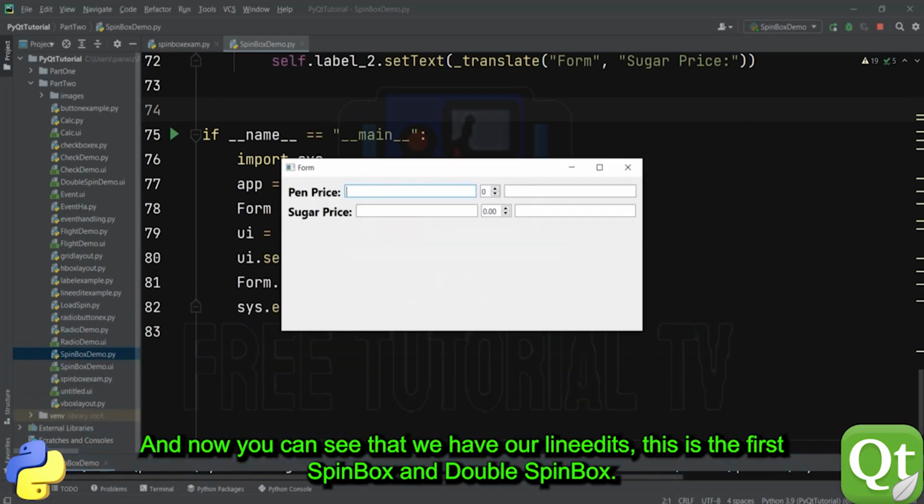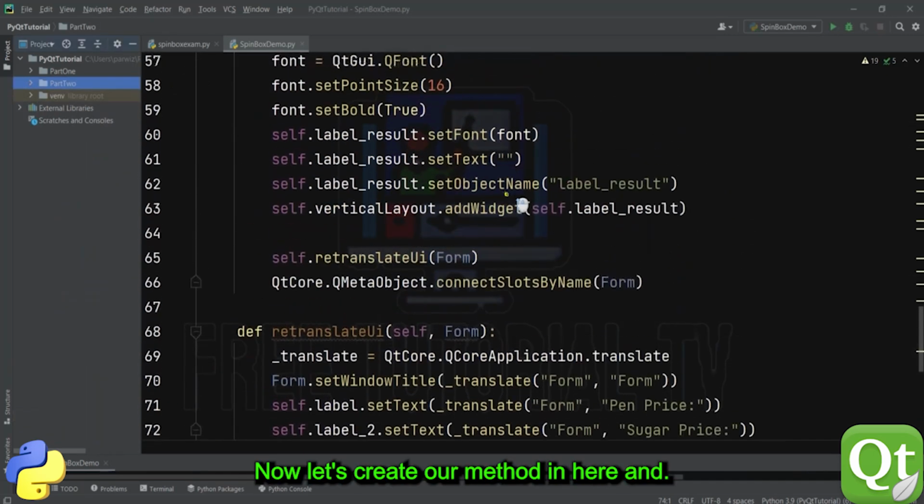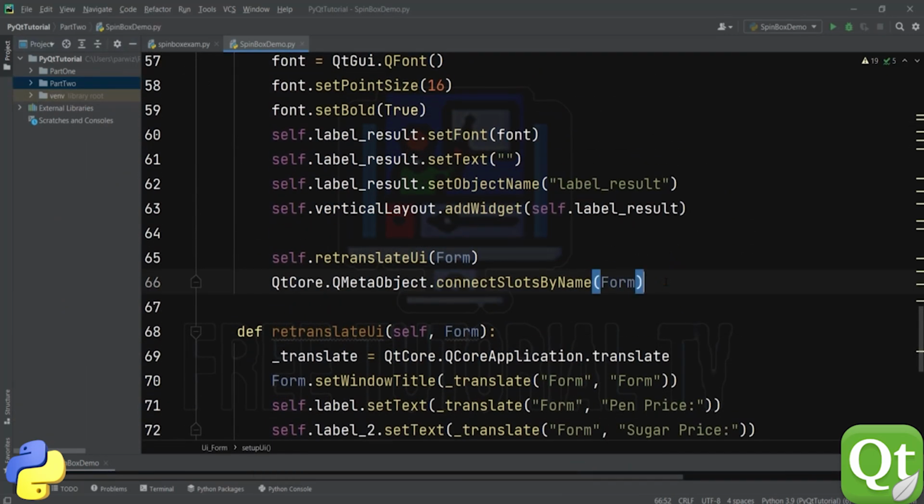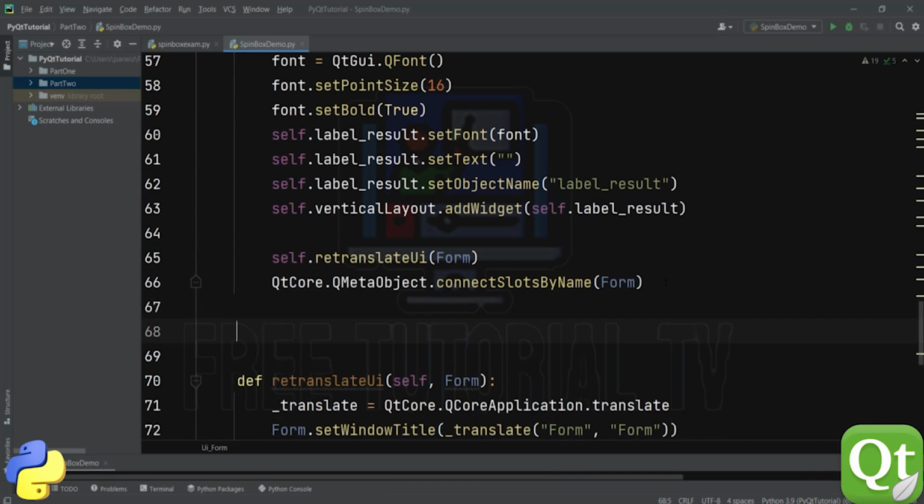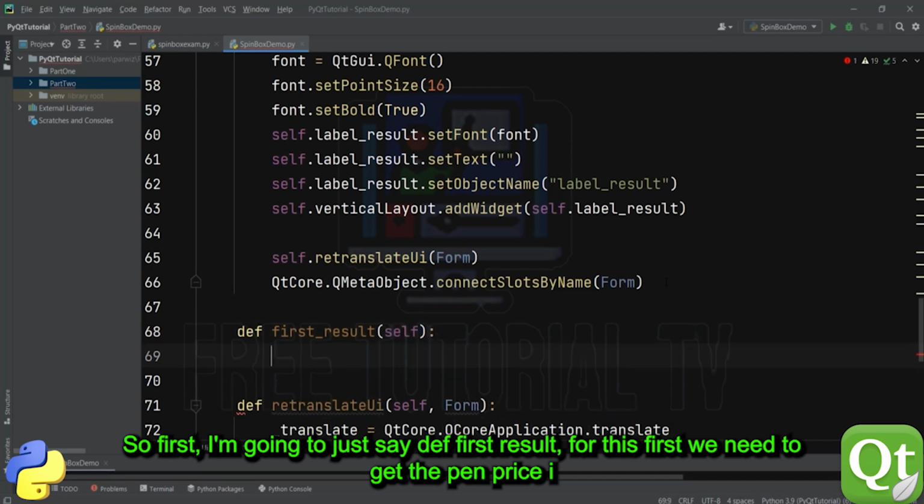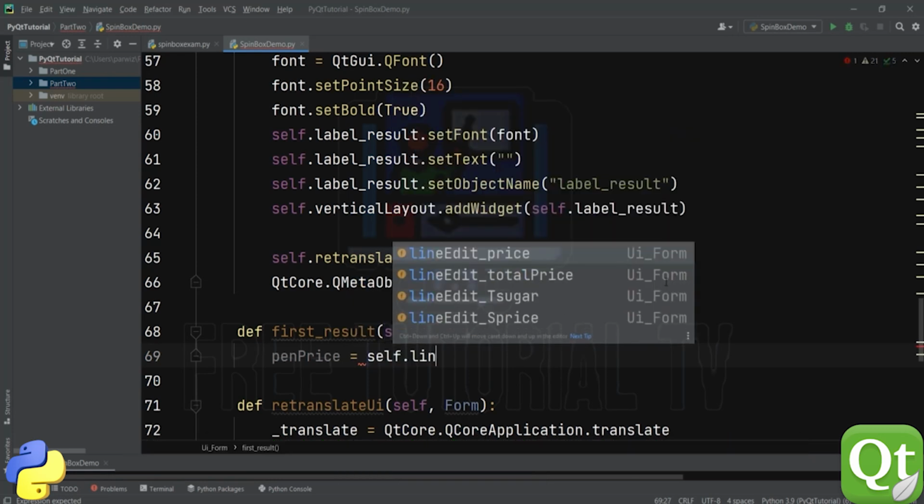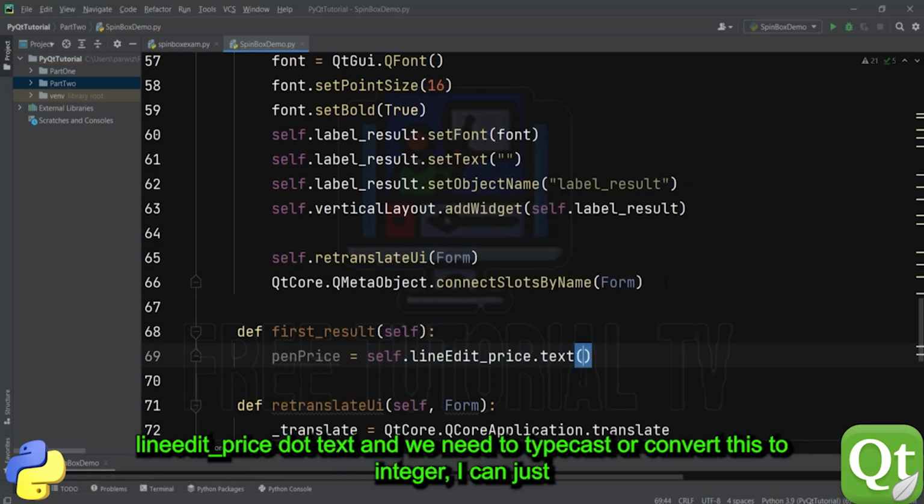And now you can see that we have our line edits, and this is the first spin box, and this is the double spin box. And now let's create a method in this section. So first I'm going to say def first result. For this we first need to get the pen price. So pen price equal to, we want to get the text from the line edit, so I can say self dot line edit price dot text,